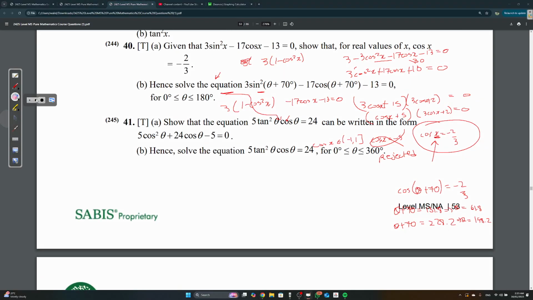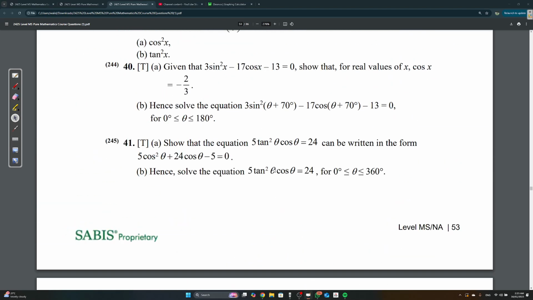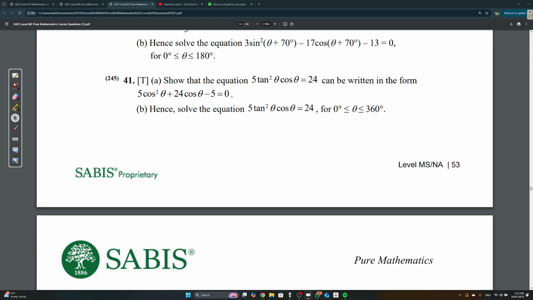Okay, last question. No, two more questions. Proof, okay. Show the equation 5 tan squared times cosine equals 24 can be written in the form of this. Same as the one before: you want to change this tan in a way to have cosine. So write it in the form